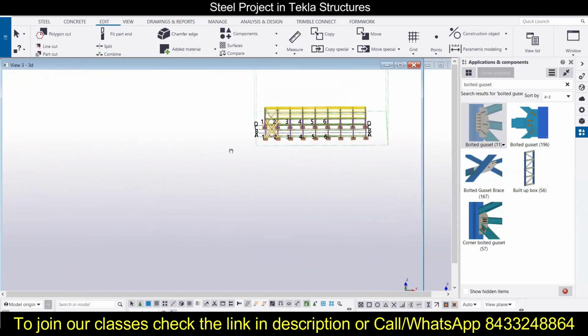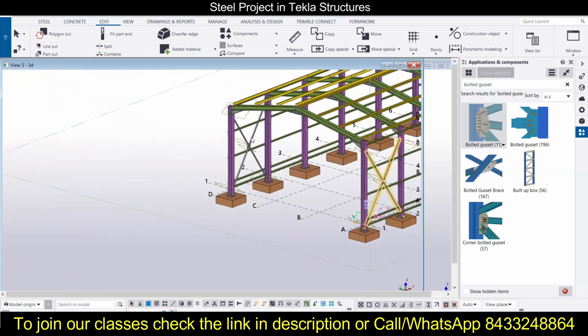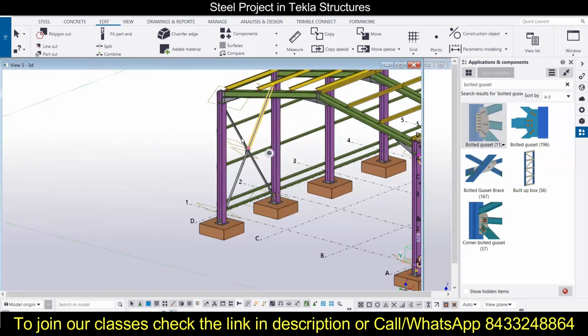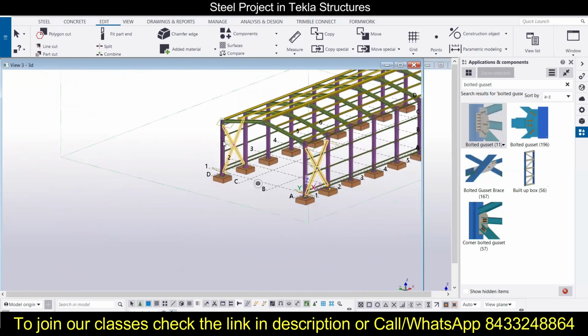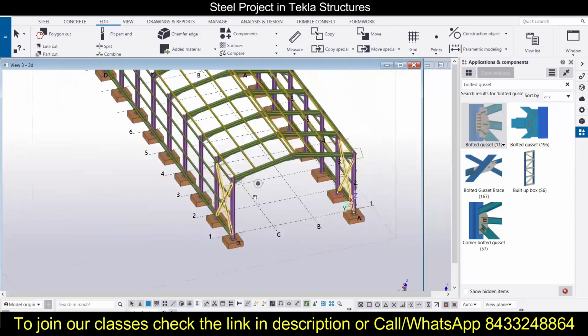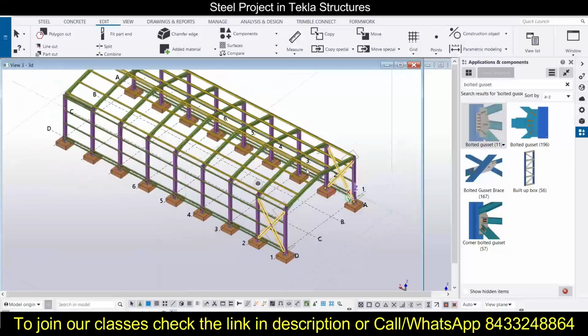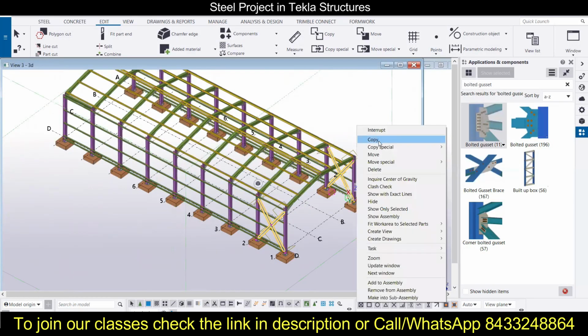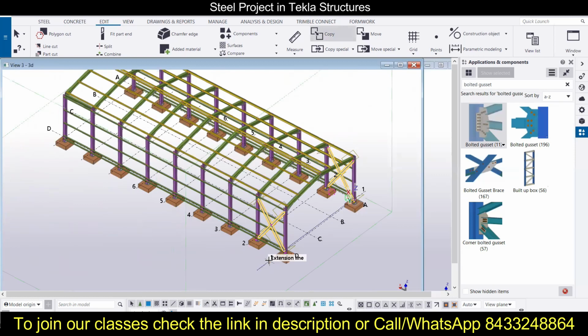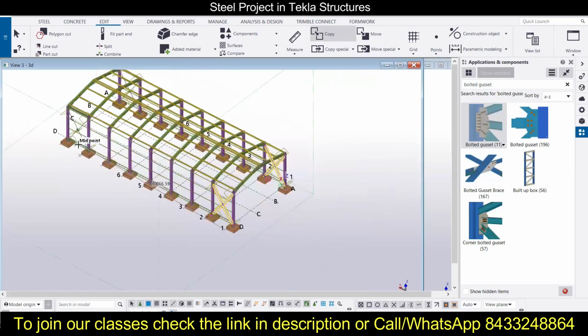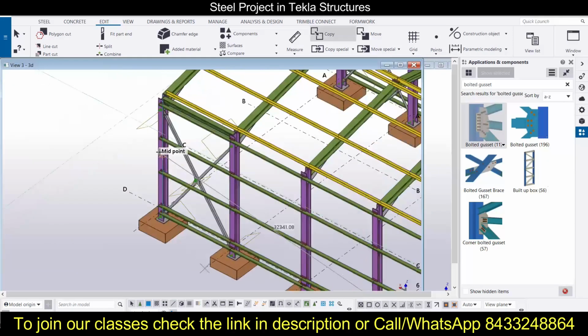For that we will make the selections like this, then rotate it. Now right click, copy, grab the first point, endpoint over here, and copy it till here. And you can see it has been copied like this.